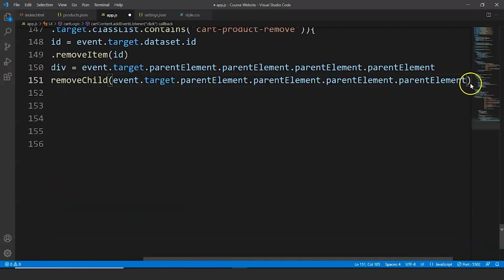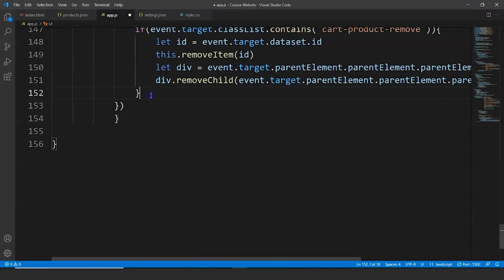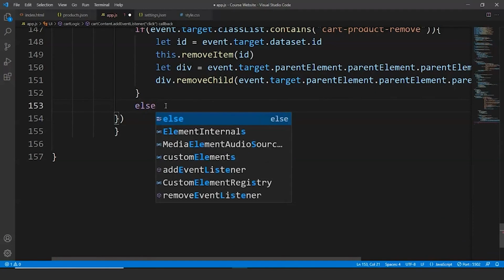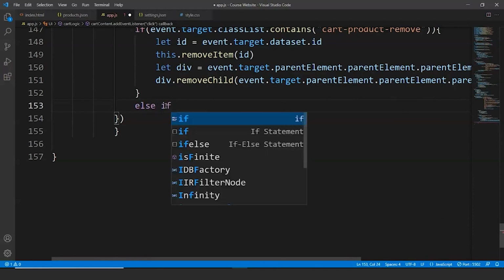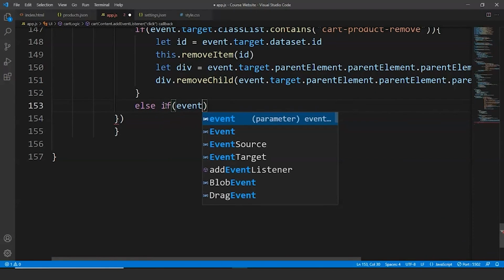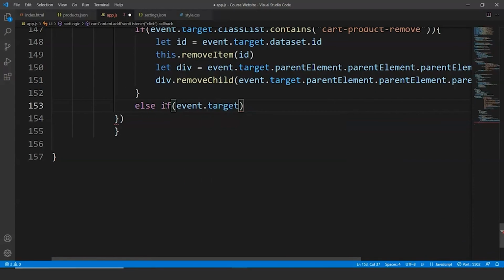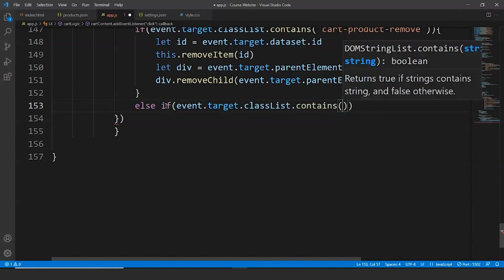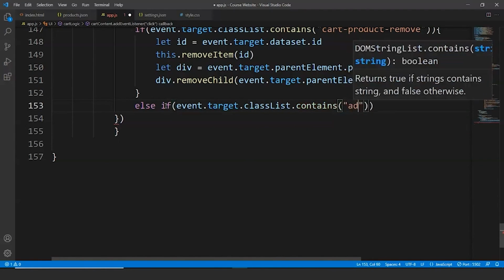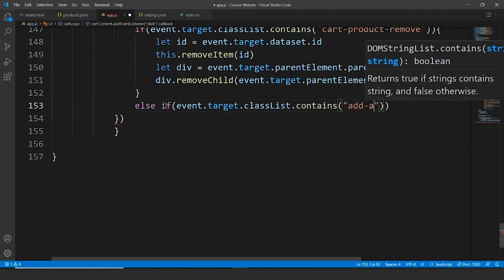Now in the next line we are going to close this bracket and we are going to start writing here else if event dot target dot class list dot contains add amount,